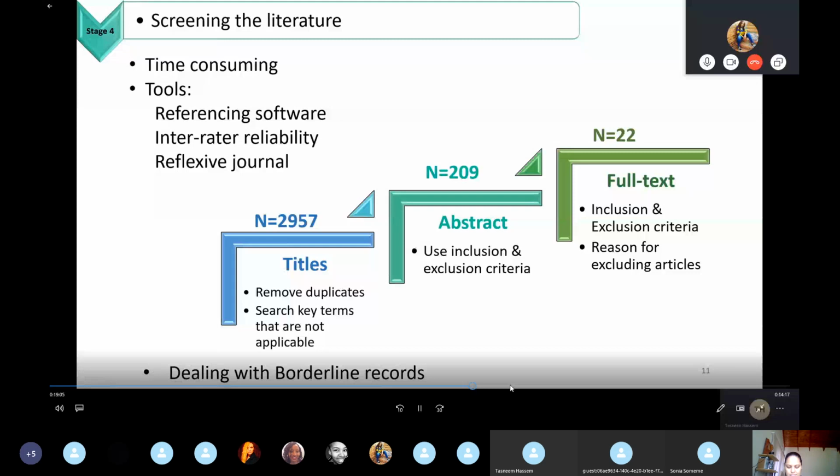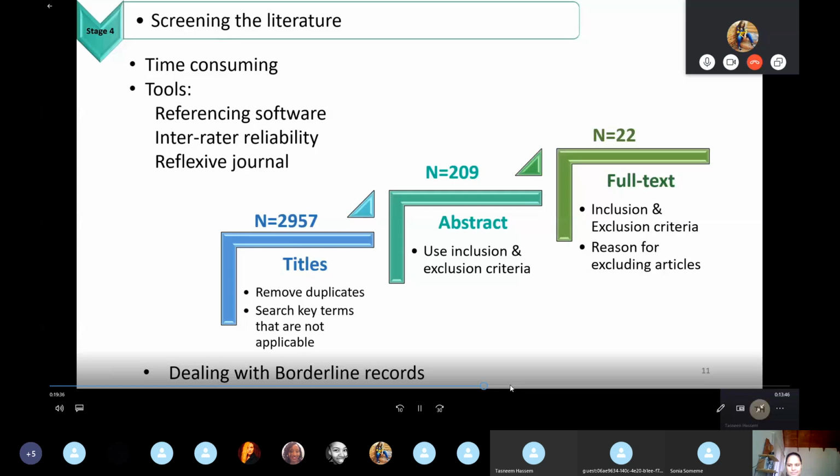Once that entire database has been searched and you've saved all the article titles, you have the option of creating a bibliography and moving it into an Excel file. This helps because it lists all the authors in alphabetical order, and that way it's easy for you to remove duplicate articles. Or you can go to the referencing software and say remove duplicate articles. This way you know that duplicate articles have been removed, but you need to keep a note of how many articles were duplicates, as it's going to come into the transparency of the